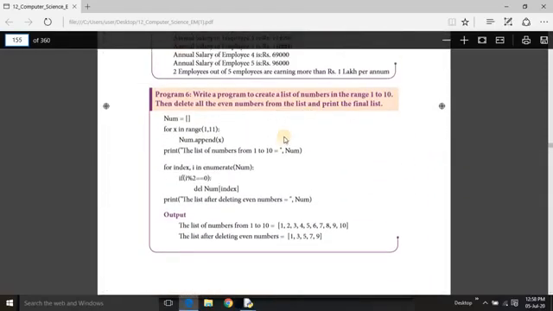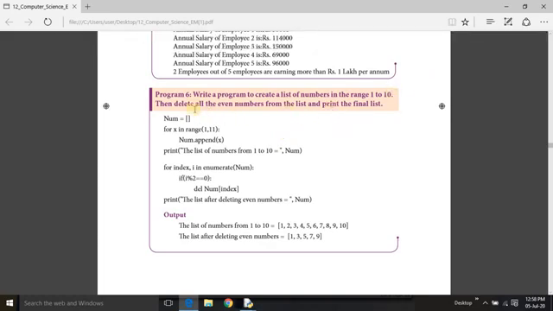In this program, write a program to create a list of numbers in the range from 1 to 10, then delete all the even numbers from the list and print a final list. We have to create a list from 1 to 10 and then delete the even numbers. As we have already seen in example 8, we can make use of the remove function to simply remove it. But in this program they are making use of a new function called enumerate.